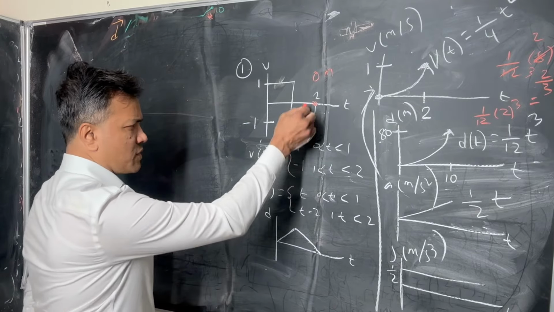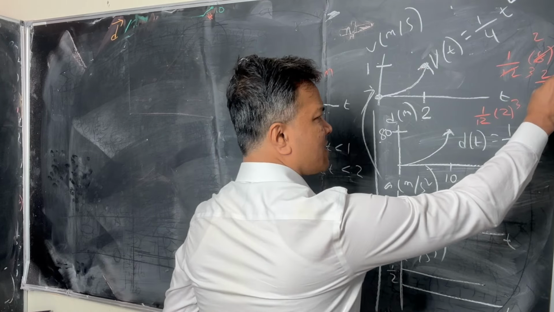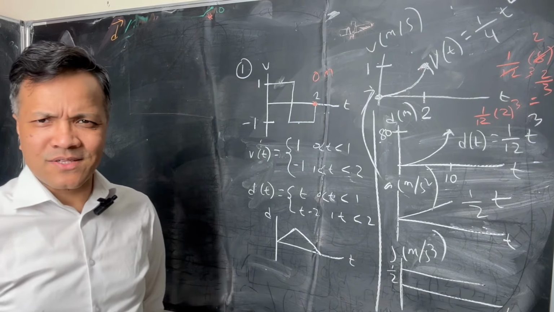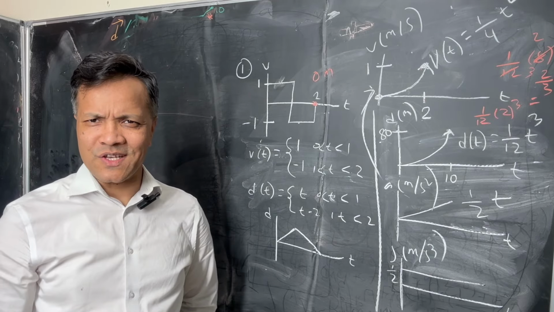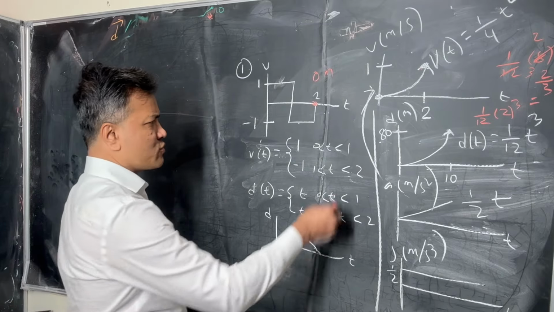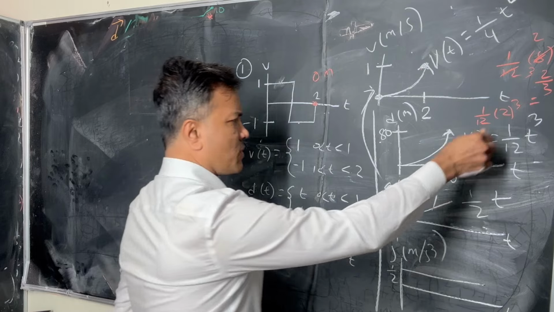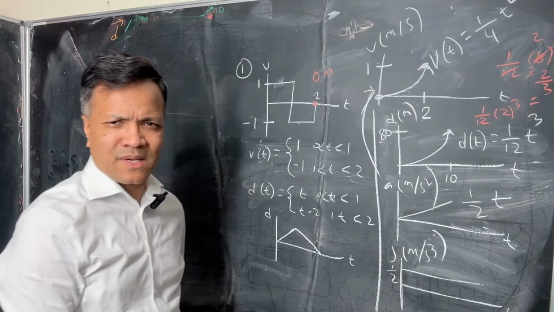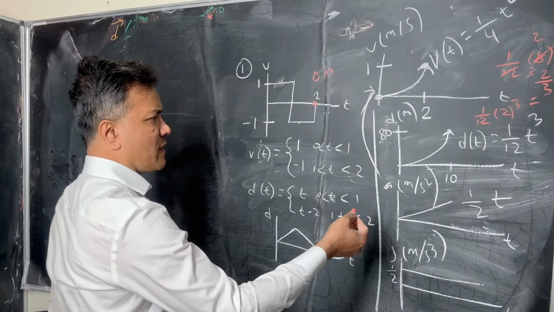At 2 seconds, this one travels 0 meter. At 2 seconds, this one travels 2 over 3 meter. That's not what I asked you. I asked you which one travels more distance, or more displacement, at the end of 2 seconds. At the end of 2 seconds, this displacement is 0 and this displacement is 2 over 3. So this one travels more displacement at the end of 2 seconds. So the answer is, of course, this